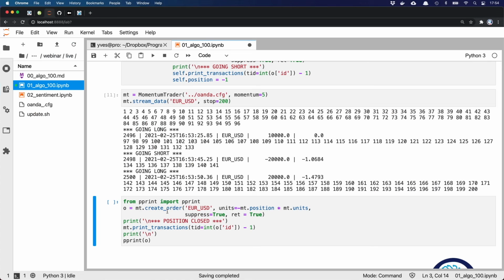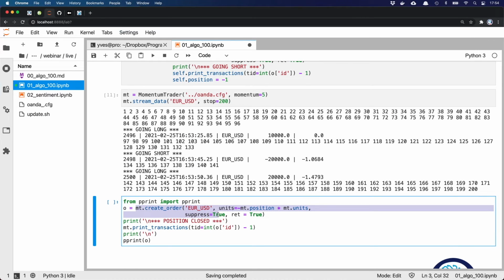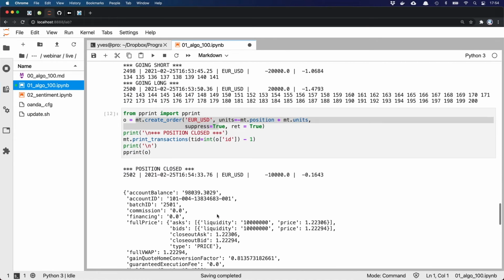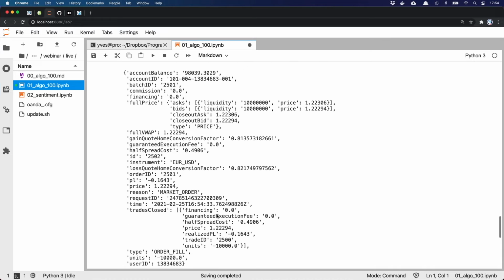And what this now does here, it closes whatever position is there and gives us now, with pretty print, a little bit of a nicer view on such a JSON object, with regard to what we have just executed, the final trade here in this context, right? Trades closed, what was the price, realized P&L, the trade ID, etc. So that's it.